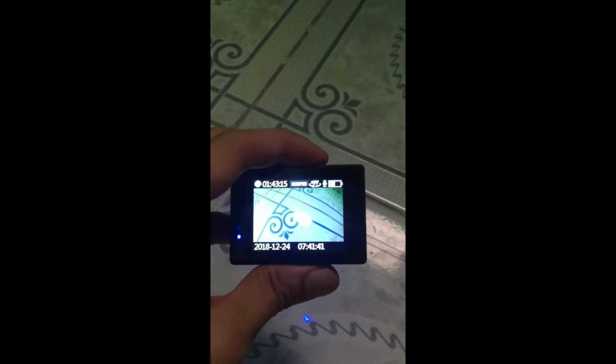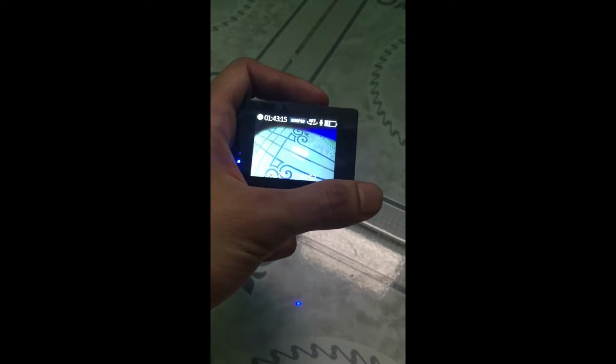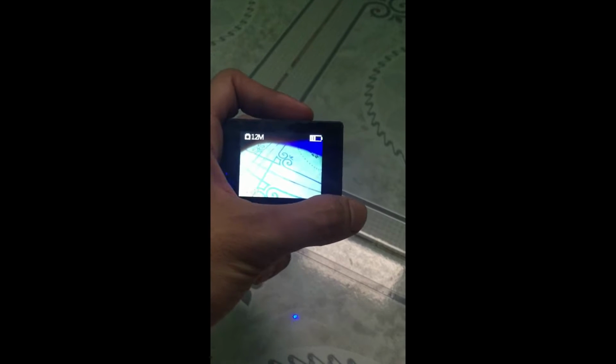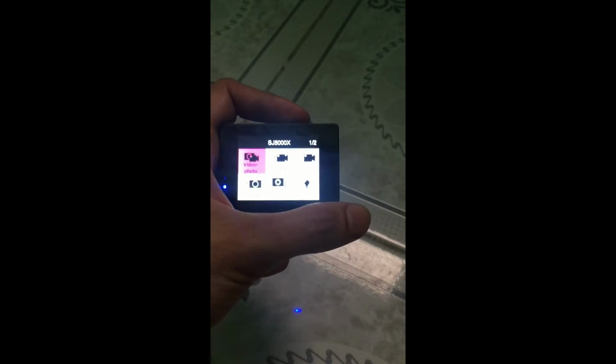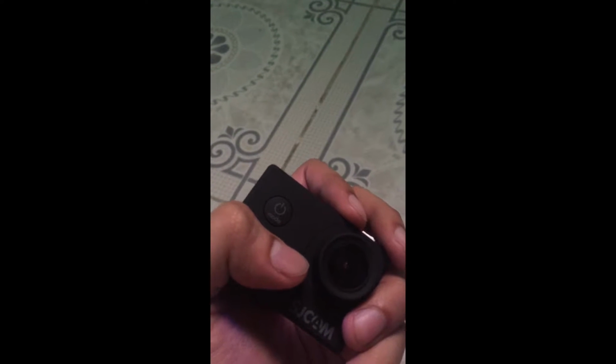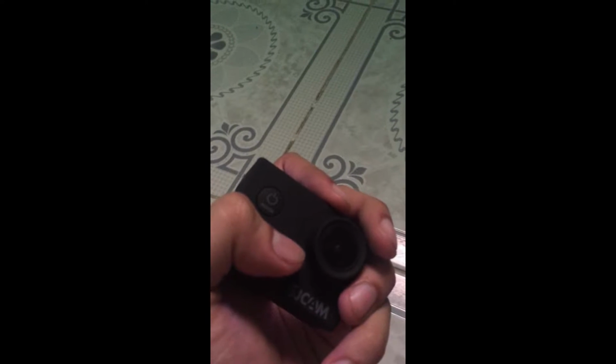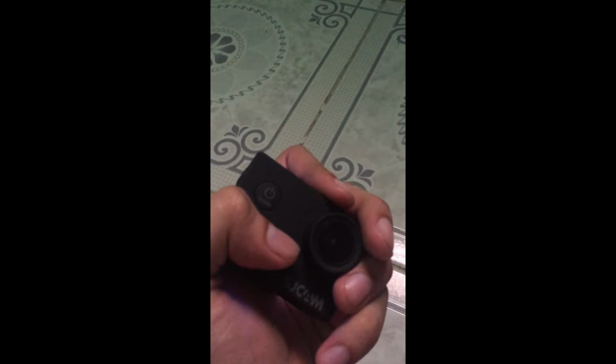So now, let's say I would like to turn it on. So I just need to double click this button, this mode. So first it will be on auto mode, and after that it will be on the settings mode. So yep, after that